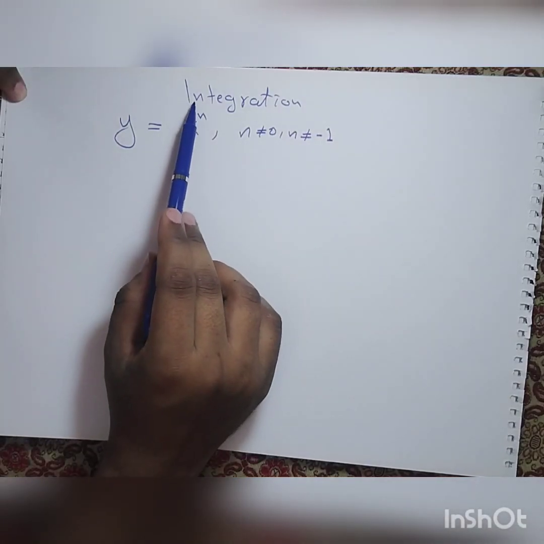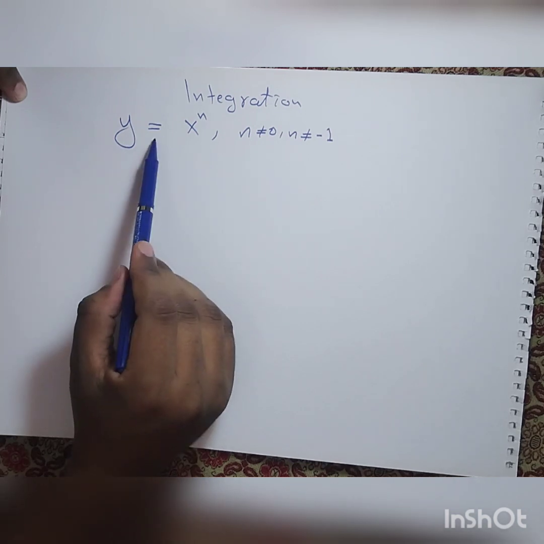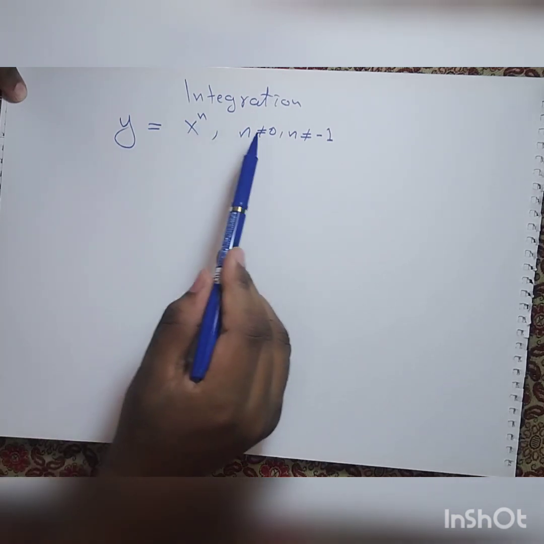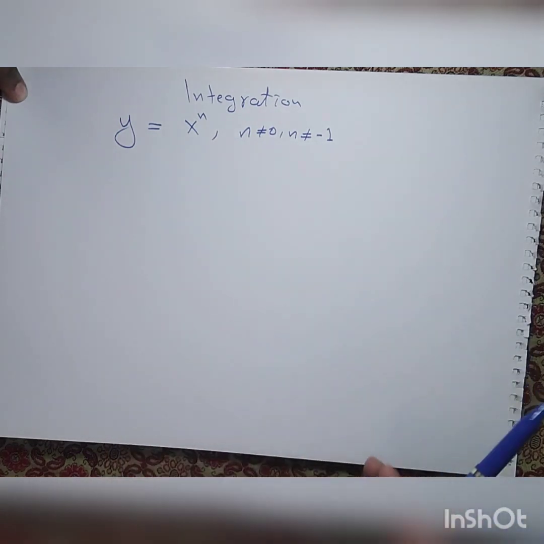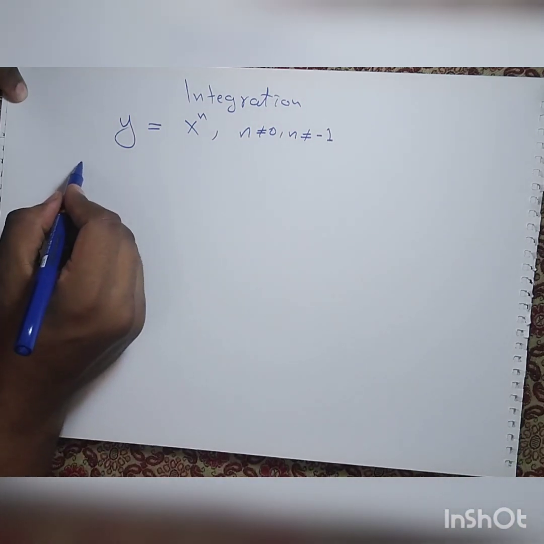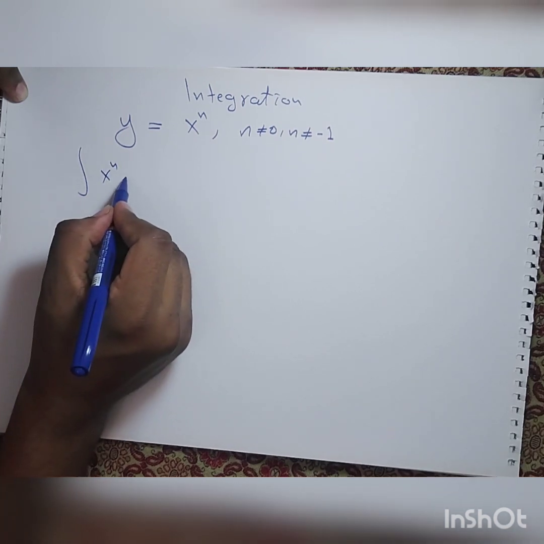In this video we are going to talk about integration. So let us say that we have the function y equal to x to the power n, such that n is not 0 and n is not -1. Now let us just keep it simple, and then the integral of this function, x to the power n